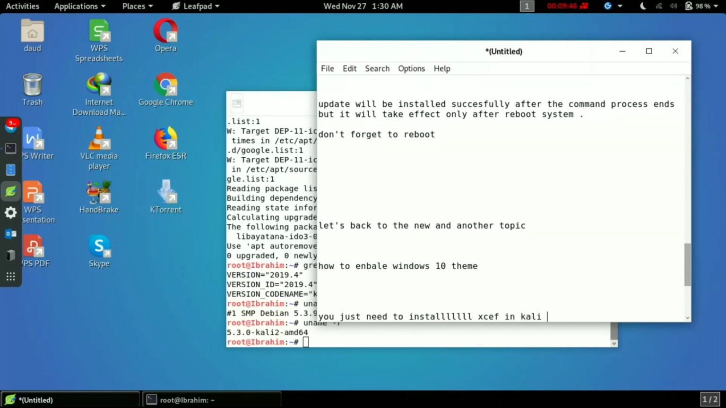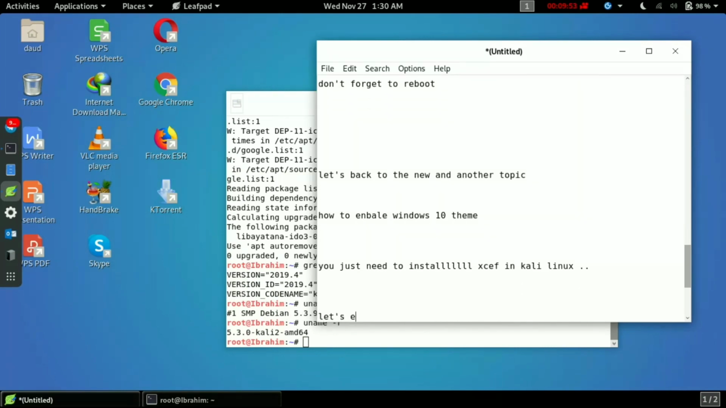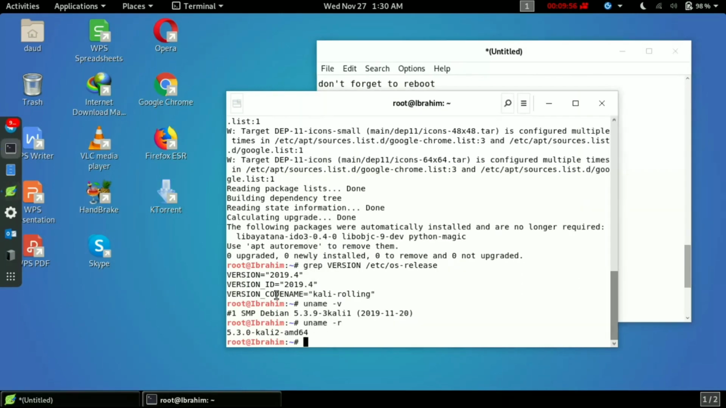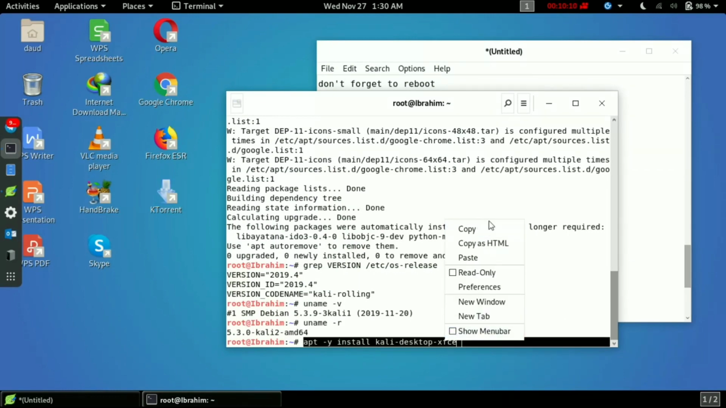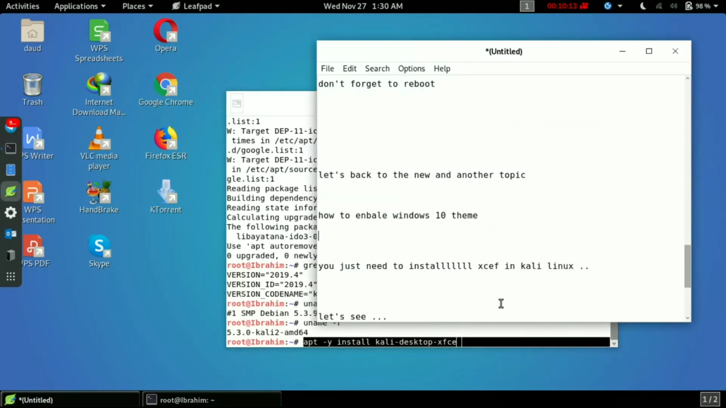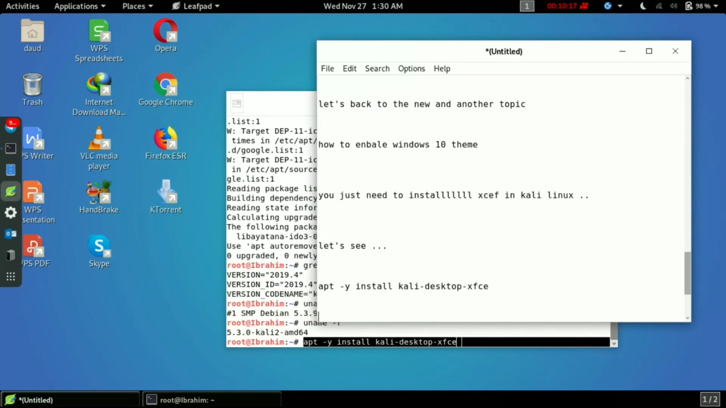So what you can do, you just need to install Xfce in Kali Linux. Xfce is basically scripted by Robert, a developer from kali.org. You just need to paste the command apt -y install kali-desktop-xfce. After running this command, it will ask you for further